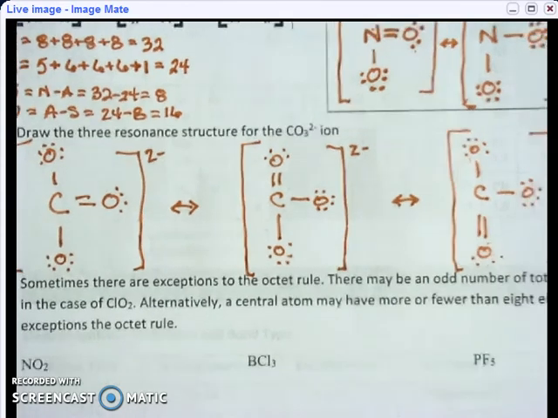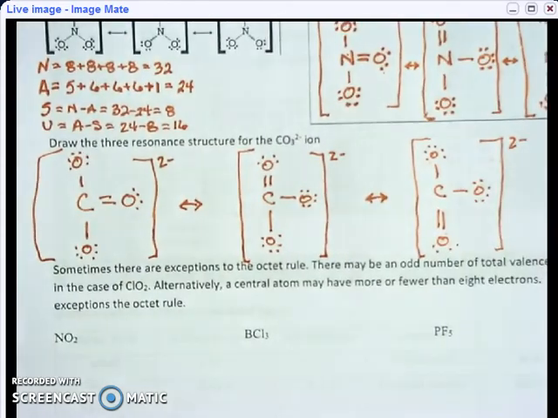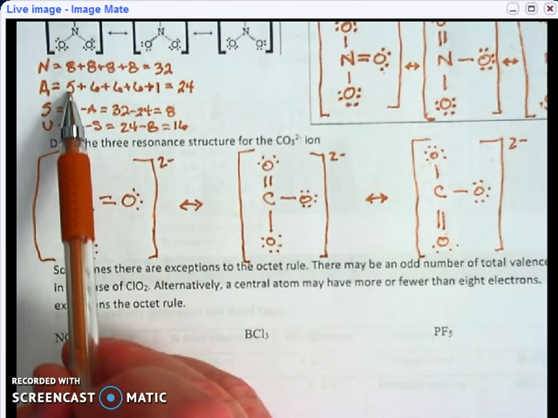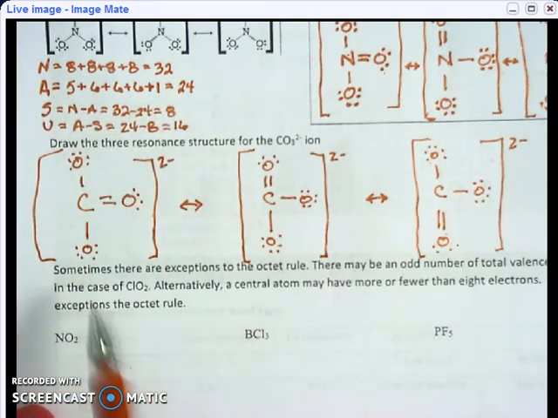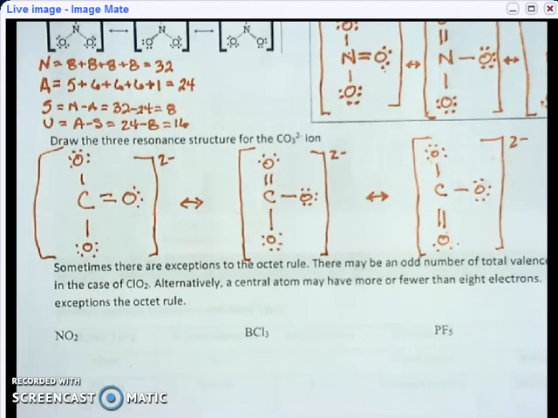Okay, so it really was almost identical to the other one, wasn't it? Because your N still was 32. On your A, this was a 4, 6, 6, 6, but this was a 2, so you still ended up with 24. So it's really set up the exact same way. Are we somewhat okay with the resonance structures then? I mean, we can take a little bit more time, but